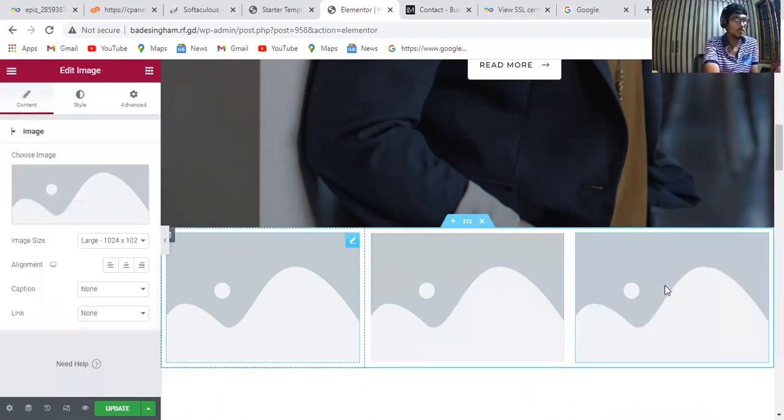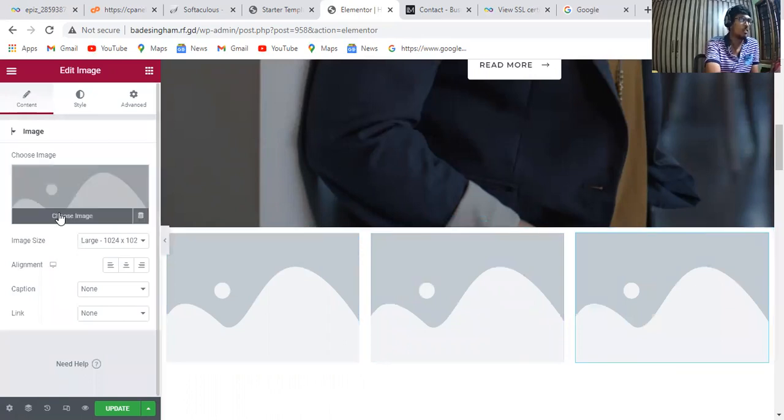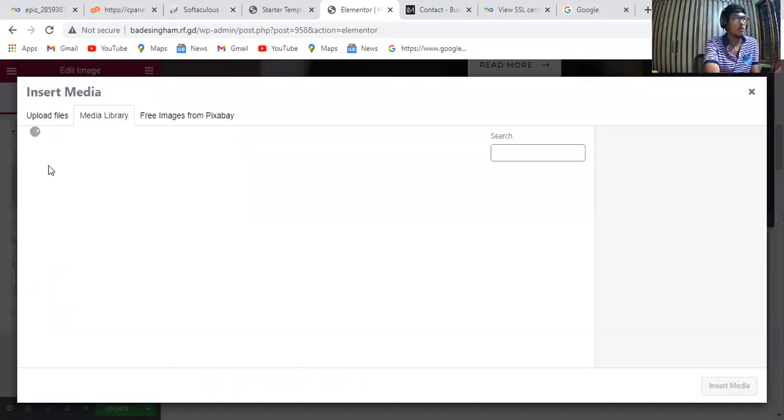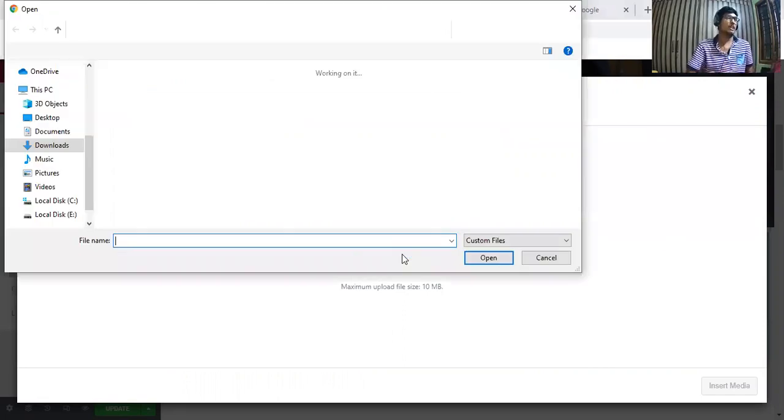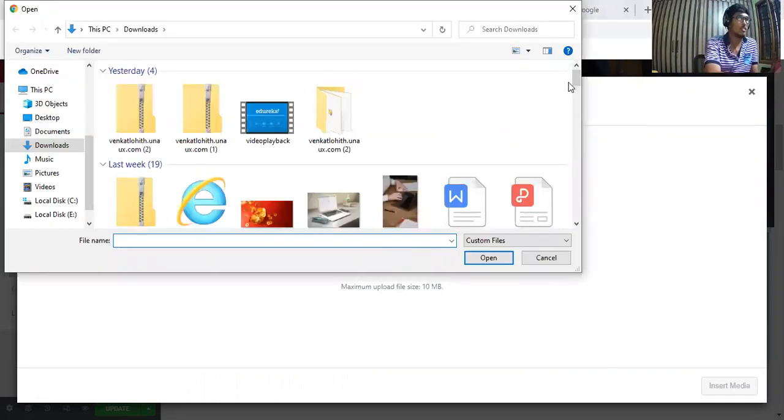Let's see. This was the example. So now I'm going to paste the three images in this website. I'm going to paste them now. So now I'm going to upload those three images. Let's see here, all of you.